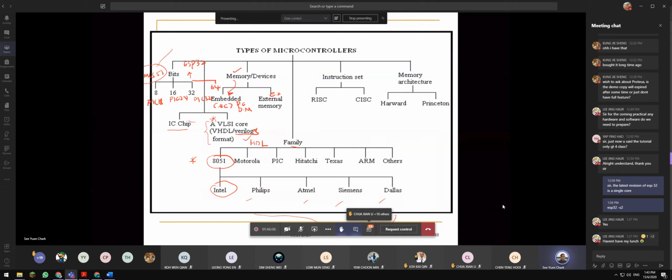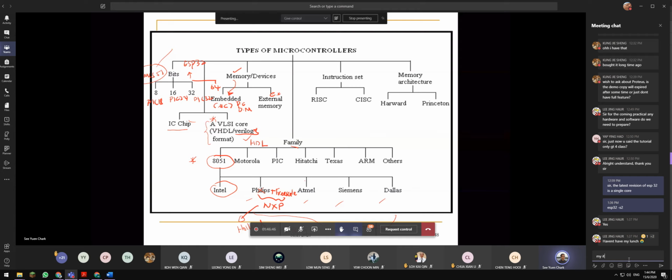Of course, Philips is no longer involved in the semiconductor line. Actually, Philips merged with Freescale, formerly Motorola, and they named it NXP. NXP has become quite popular nowadays. NXP is from Holland. I hope that you know this. Please go to their website. It's one of my tasks in tutorial 1.